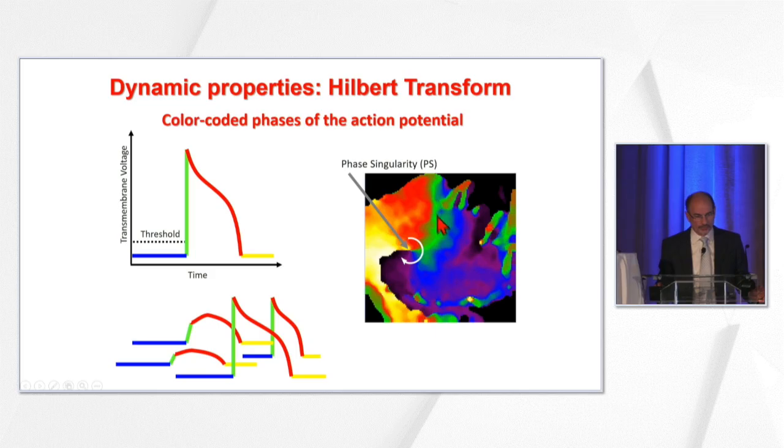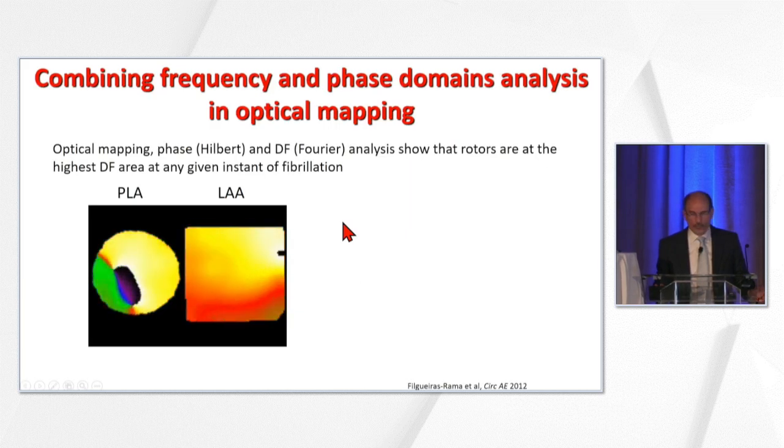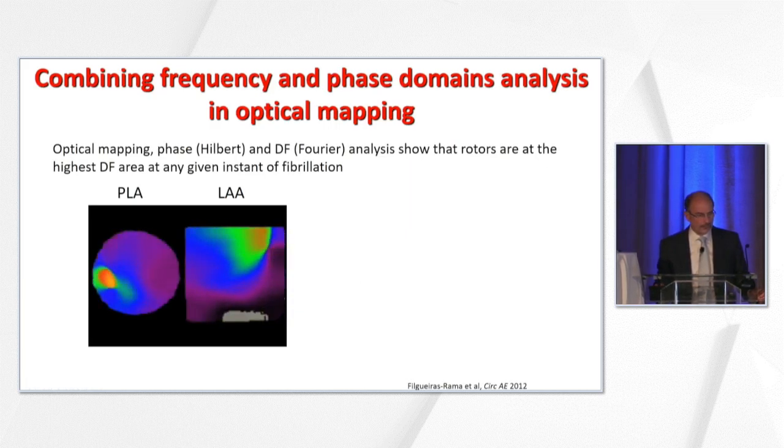For example, here we see that the green will propagate towards the blue, so we interpret that map as reentrant activity around this point, in which phase is not determined, and we therefore call it a phase singularity. Here's how we combine frequency and phase movies,